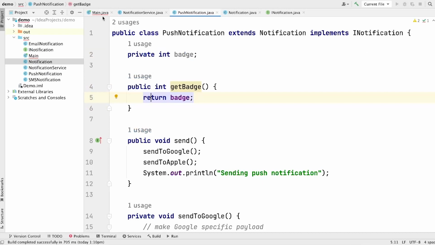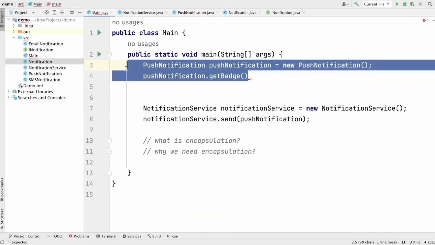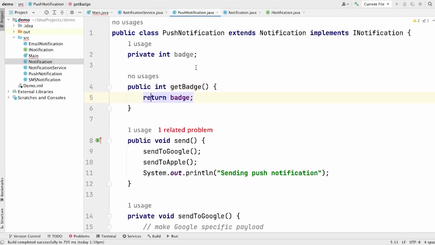Now what if I want to make this attribute writable only? We do not want the outside world to read this data, but only write data. So in that case, instead of using the get badge method, we can use the set badge method. So by using this, the outside world can only set this data or write this data. They cannot read this data. So this is how we can make this data private, and by using the set badge method, the outside world can set